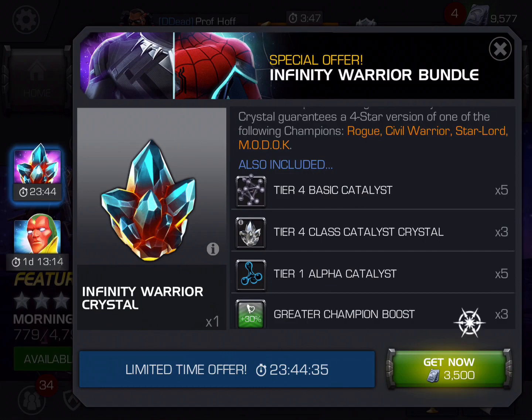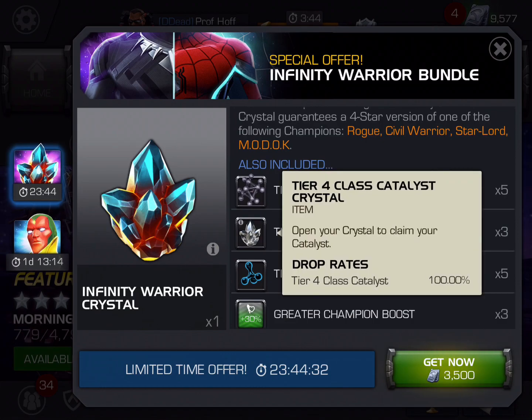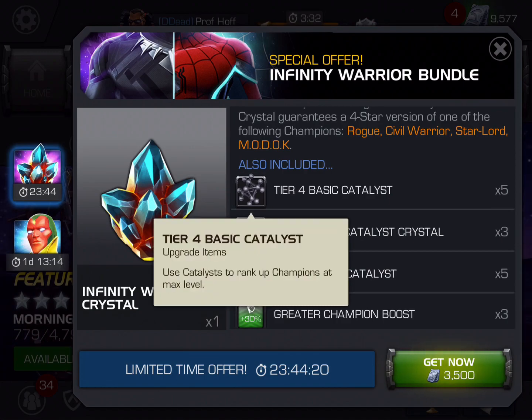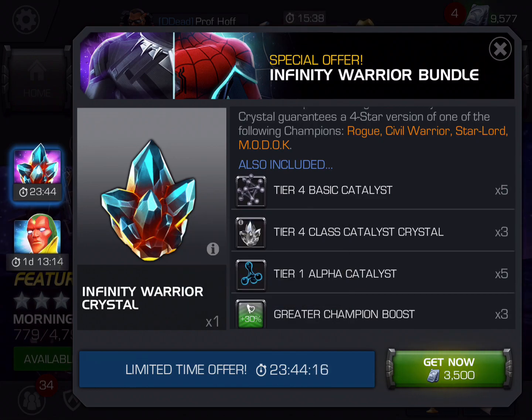Then we go up to these Tier 4 Class Catalyst Crystals, which there are 3 of them, and I still believe that they're worth about 500 units apiece. So we're now upwards of 4,000 units of value. And then 5 Tier 4 Basic Catalysts, now especially for those newer players who don't get these so easily in Alliance Quest, whether it be through Glory or through completion of the week of your Alliance Quest placement. I'd put these at least at 1,500 units. You might even argue that they're 2,000 units. So that's 5,000 to 6,000 units worth of value,